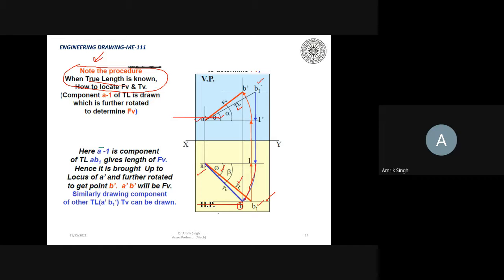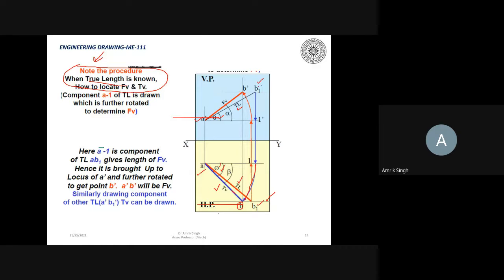Point A is known to us. So this will be the top view. Okay? And this angle will be the phi angle. This angle is the phi angle. Similarly, to draw this, the front view, you have to draw the AB. Okay? So you have drawn this perpendicular, you have extended it, you have drawn this.